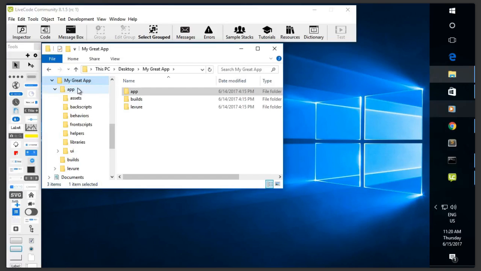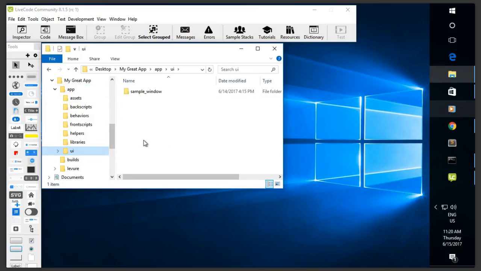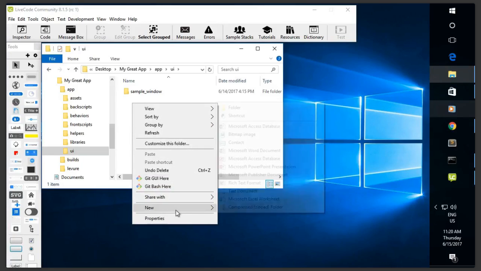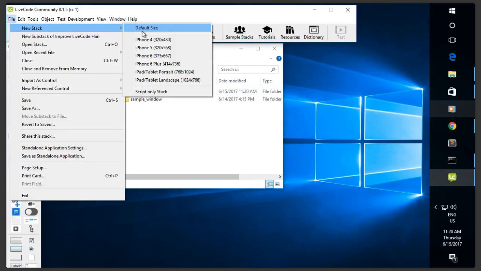So like any stack file or asset that's going to go in your app, you're going to put it in the app folder. And there's the UI folder, which we talked about earlier, where you should put all your user interface stacks. Because Levure is going to load these stacks in a special way in the IDE. So what I'm going to do is I'm going to create a folder. All user interface stacks go in a subfolder inside of the UI folder. I'm going to create one called main window, and then I'm going to go into the IDE,